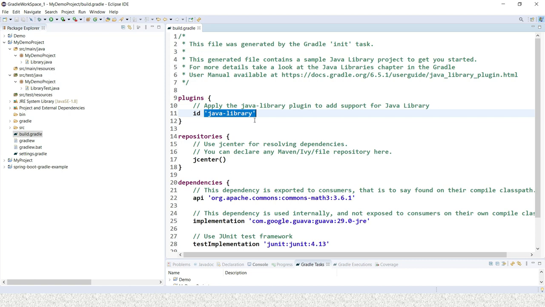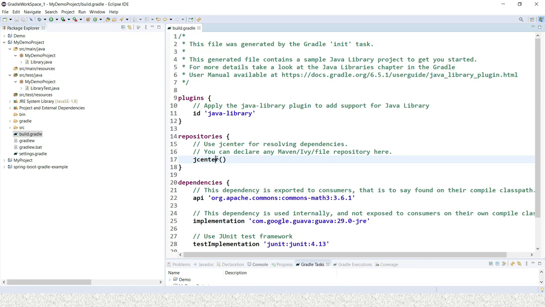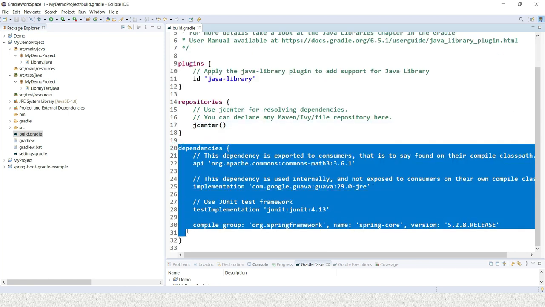Now the next section is repositories. In this section we can declare internal or external repositories for resolving dependencies. We can declare the different types of repositories supported by Gradle, like Maven, Ant or Ivy. Now the next section is dependencies.